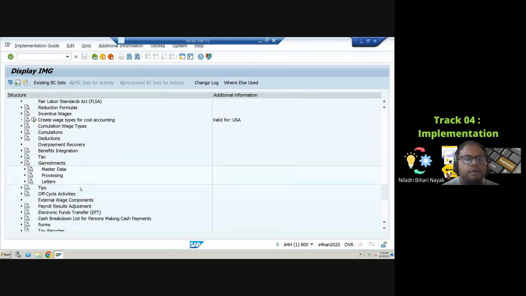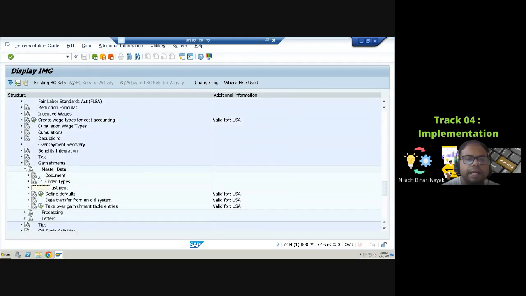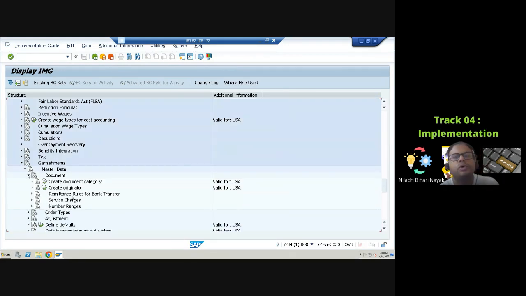We have three things here: master data, processing, and letters. Okay. So master data, what does it mean? Actually, here exactly your garnishment document comes into picture. Okay. So you can see for every case, these are valid for USA only. It is not valid globally. So for that reason, these are